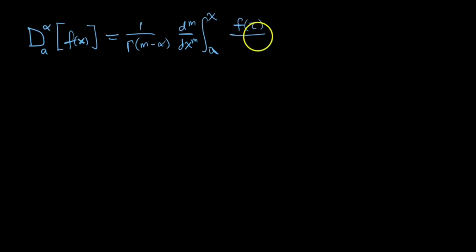Let's use tau for that, divided by x minus tau raised to the power of 1 plus alpha minus m, d tau, where this m means